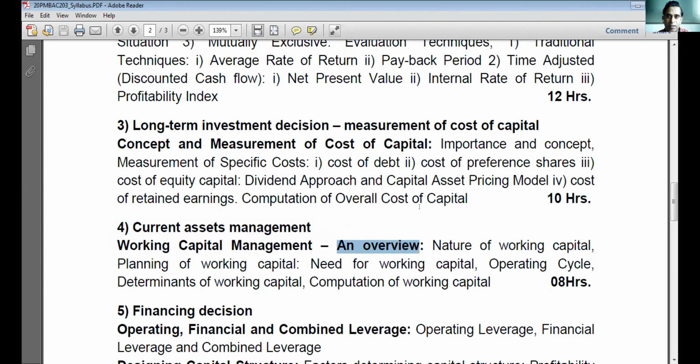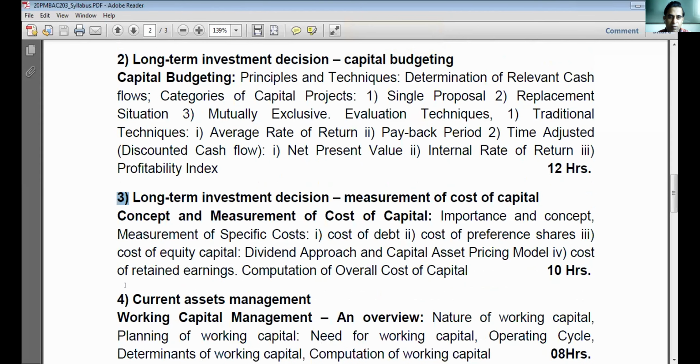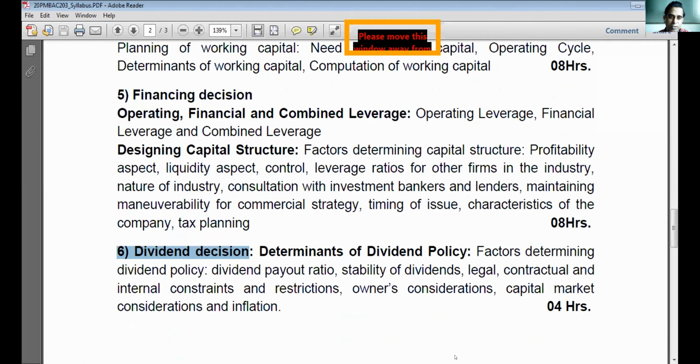Students, I hope you are with me, you understand what we are learning. Yes, sir. Three units, unit 2, 3 and 4, were about investment decisions, the scope of financial management or scope of corporate finance. Remember, investment decisions, financing decisions and dividend decisions. So 3 units were about investment. In unit 5, we will be learning about financing decisions, and unit 6 about dividend decisions. So that is the scope of corporate finance or financial management.